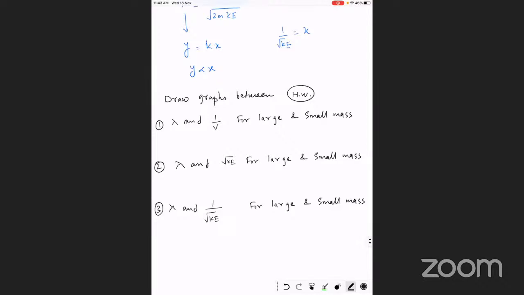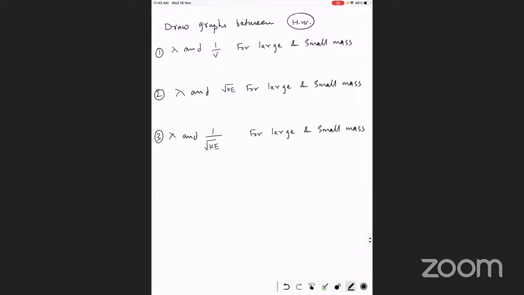Now, write one more very important point. Conclusion of uncertainty principle: when a particle exhibits wave nature,